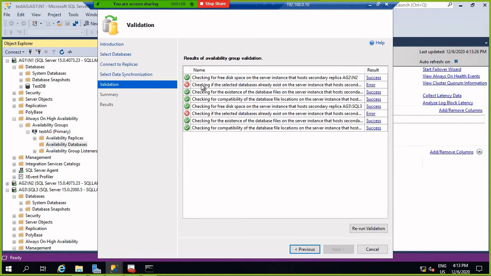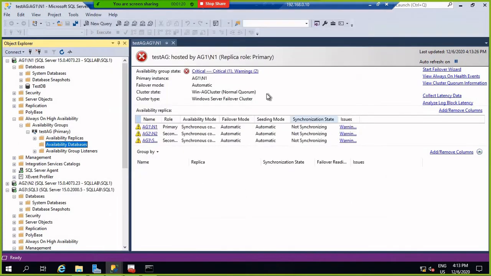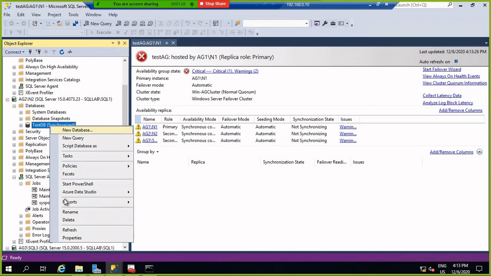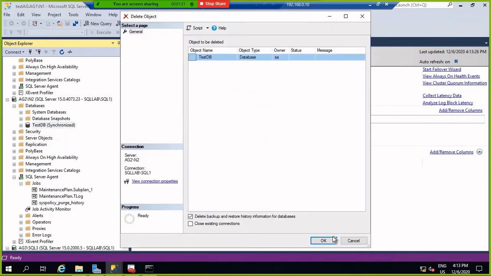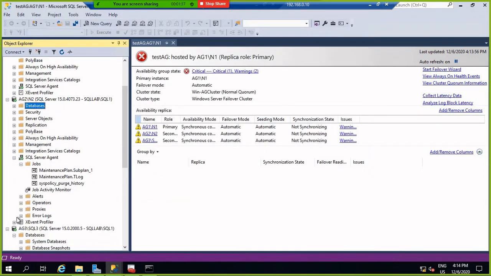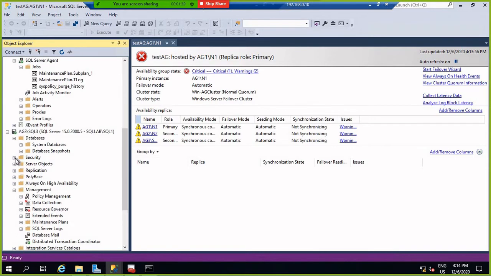Okay, here it is saying, checking if the selected database already exists on the server instance that hosts the secondary. If it does, you need to drop it on the secondary instance also, just delete the database from here, and delete from here also.